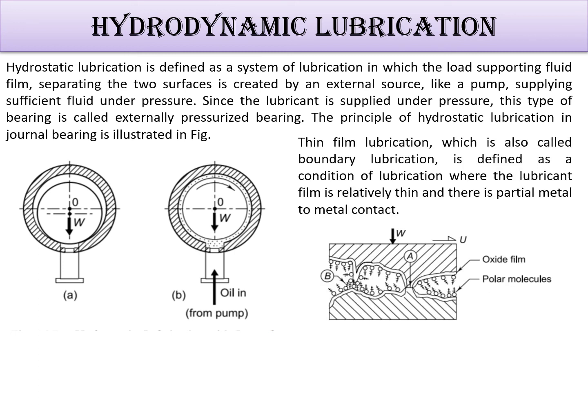Now the thin film lubrication, which we have already seen, I think, in the lubrication part. This is a thin film. These are the molecules, polar molecules of oil, and the oxide films, and these films are between the two surfaces. This is the surface, a zoomed part of the surface, and this prevents the metal to metal contact. This is the thin film. That means a very small thickness, in microns, you can say. So this is how the lubrication works in a sliding contact bearing.